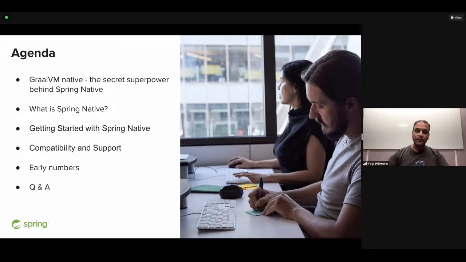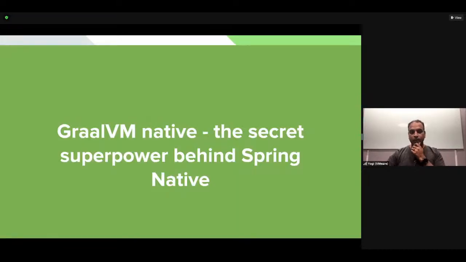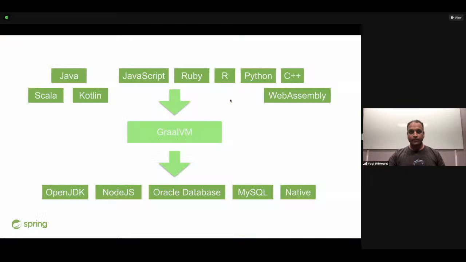Okay. So first of all, Graal VM, the secret superpower behind Spring Native. Graal VM has been an open source project for a few years now. There have been quite a few projects that have been influenced by it. It's been used and embedded in many frameworks, even enterprise class products. So what it gives you is, first of all, the ability to actually have